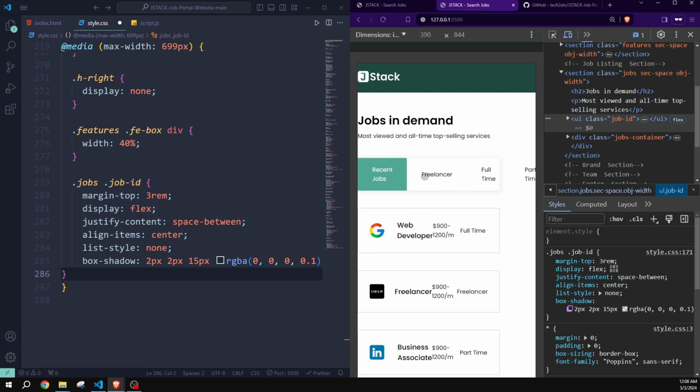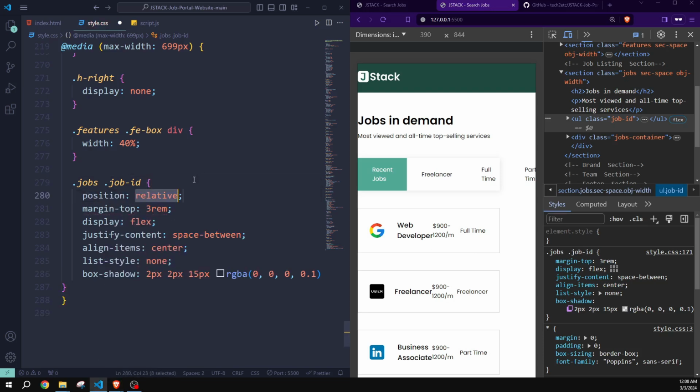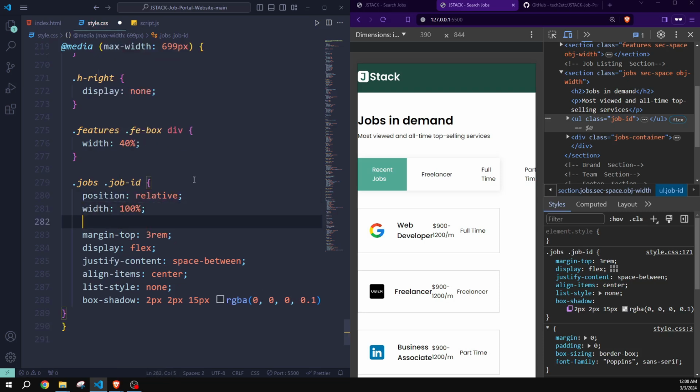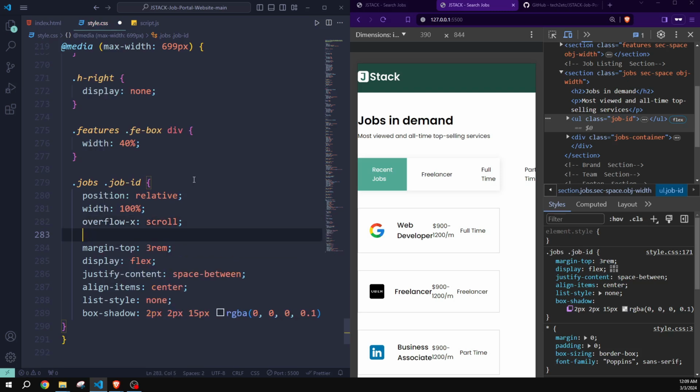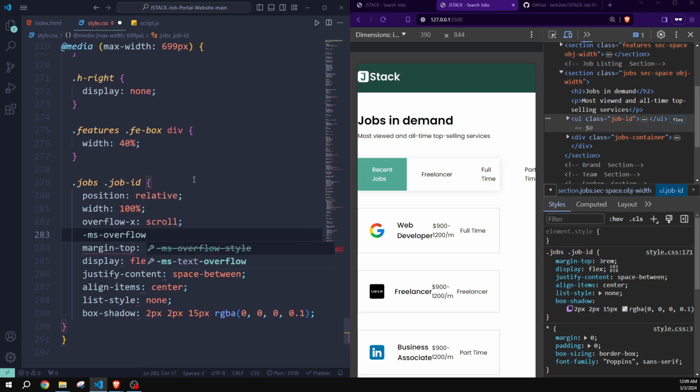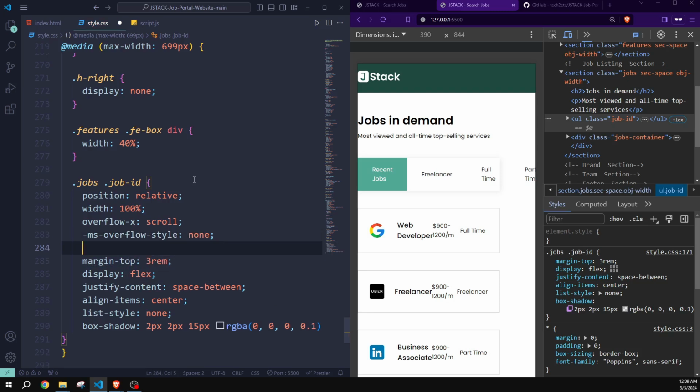What I want to do is, I want to slide this complete section from left to right for our small screen device, but not the complete screen. So for doing that, what I'm going to do, first of all, I'm going to use a position relative, and then I will use a width of 100%. Then I will use overflow-x, and it will be scroll. And then I will use another property for different browsers. It will be -ms-overflow-style, and this one will be none. If I now save this website,